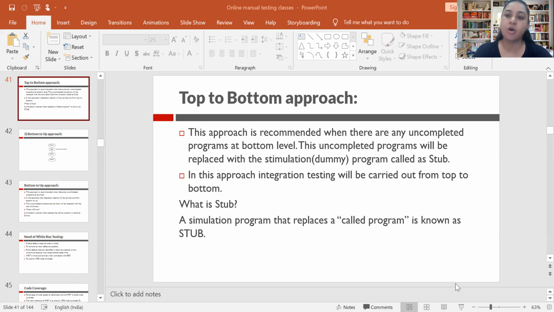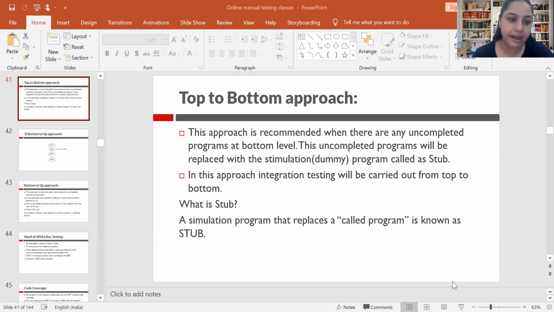During the top to bottom approach, if there are uncompleted programs at the bottom level, then we replace those modules with a temporary program that is called a stub. It means there is a calling function and a called function. If the called function is not completed at the time of integration testing, that is called a stub.